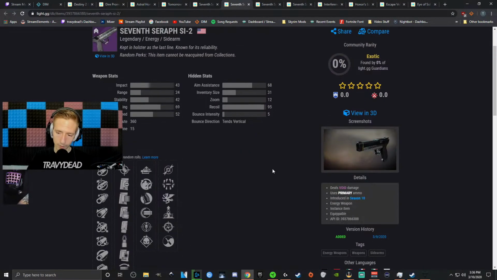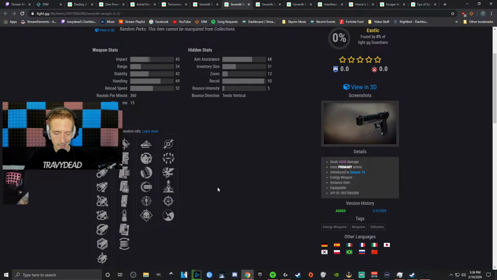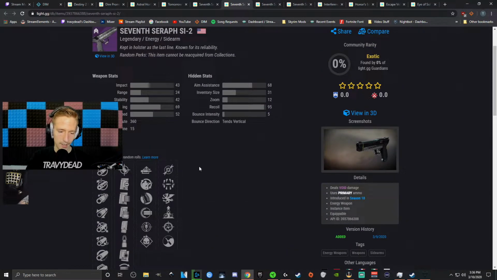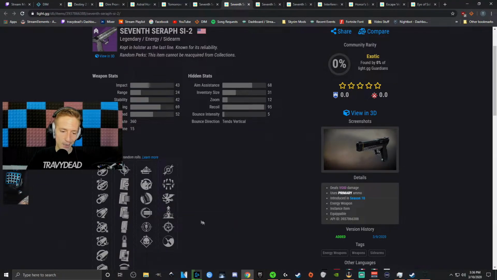Over here, this is a sidearm for this season. It's not anything insane, but I think it's a rapid fire. It's not showing the frame up here, but I believe it's going to be a rapid fire. And so having full auto trigger system on it would be really cool. So I'd like that. And then I think I would either just want Elemental Capacitor or Zen Moment on it for Crucible, that is. If I was going for a PvE role,